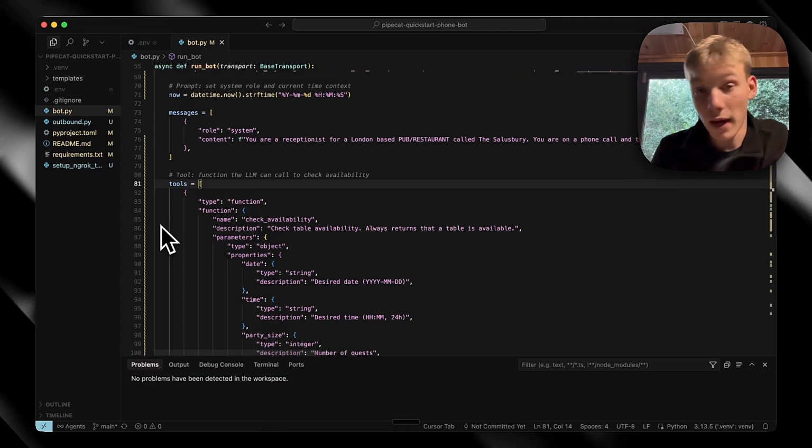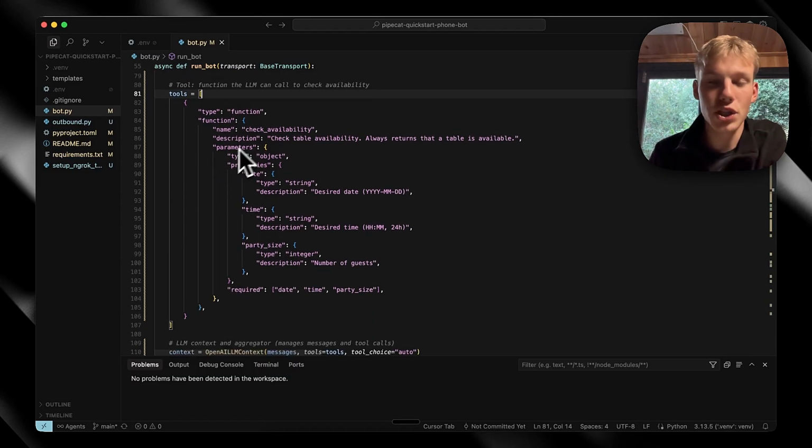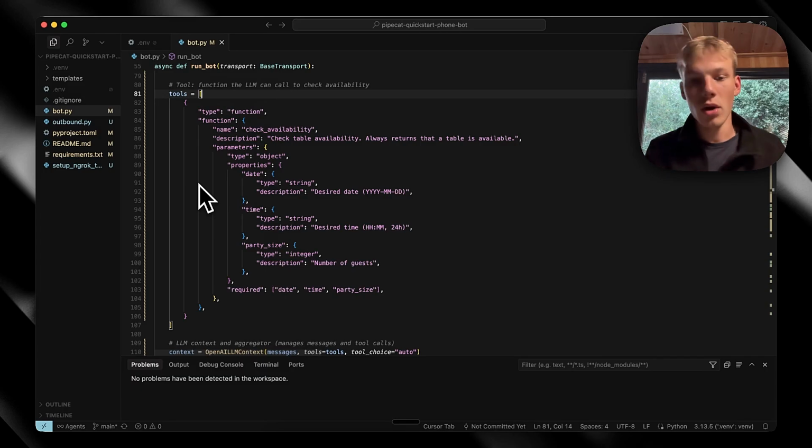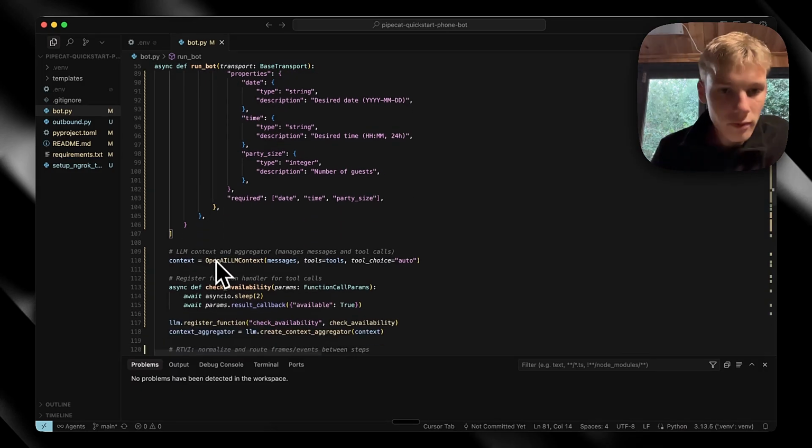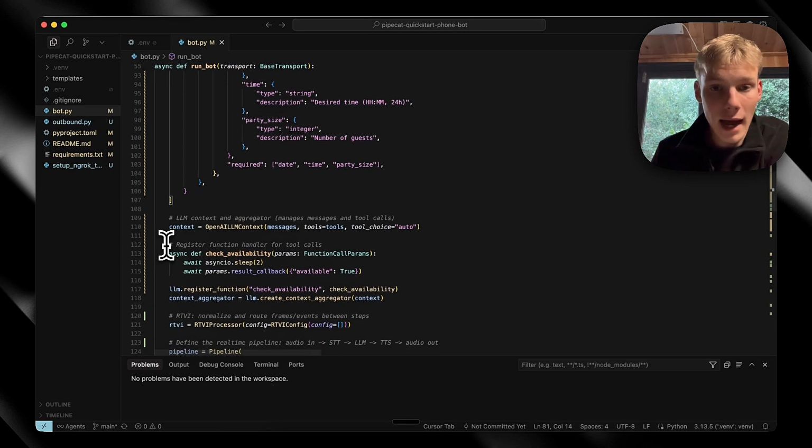Here, what we're going to do is define the tools. So we have a check availability tool. That is it for now, because like I said, this is more of a demo rather than an actual production system, because the code is potentially production ready. The actual LLM and the tools and everything like that isn't production ready, because that isn't the point of this video. So LLM context and aggregator, this is basically taking all of the messages, the tools, and defining